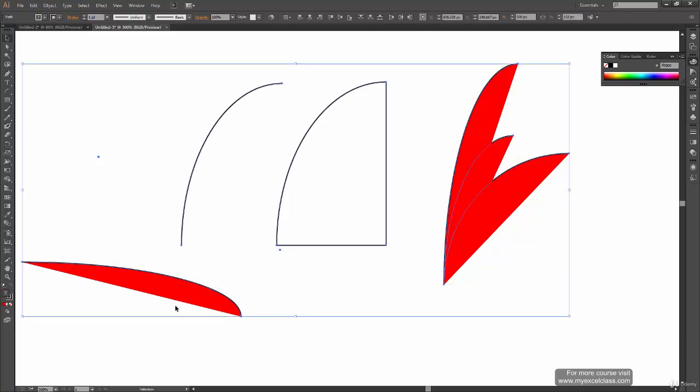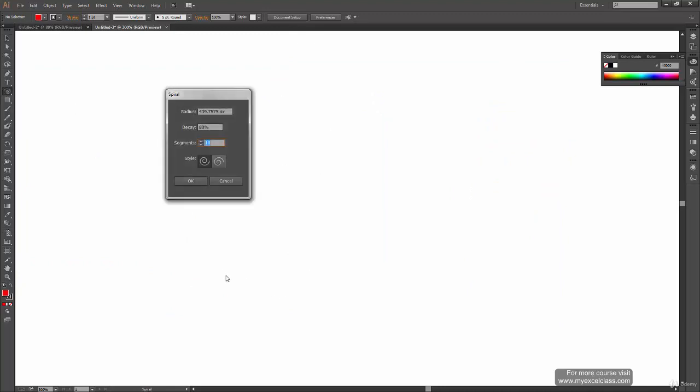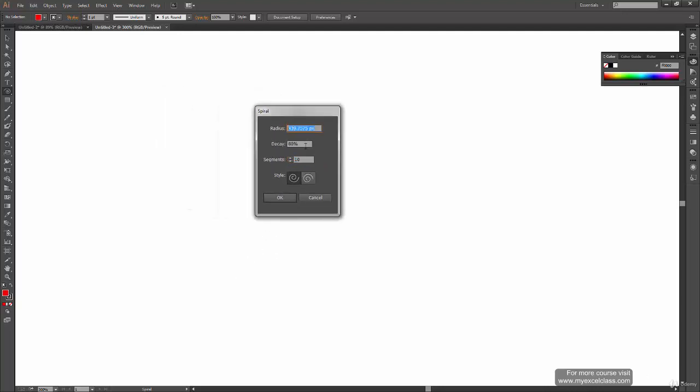Alright, so let's see the spiral tool options now. From here you can define the radius which says 439 pixels. Right now I'll just change it to 400 pixels, and the decay is 80% and the segment is 10 and it is anti-clockwise.